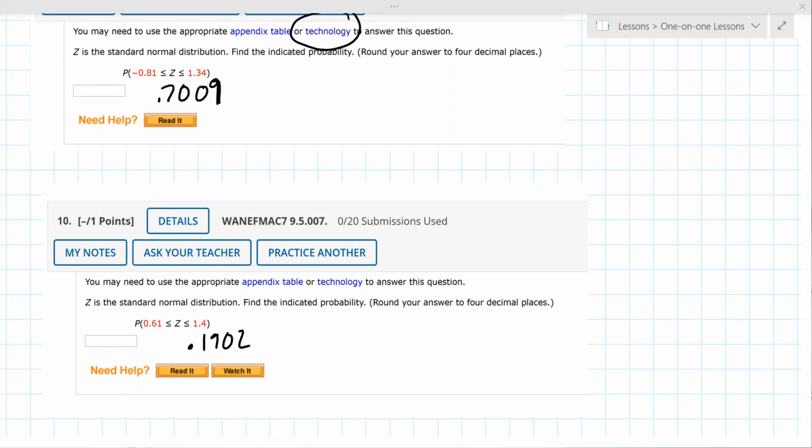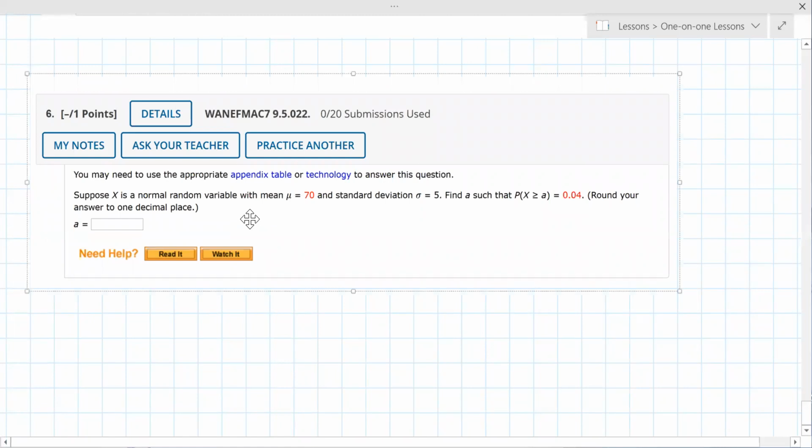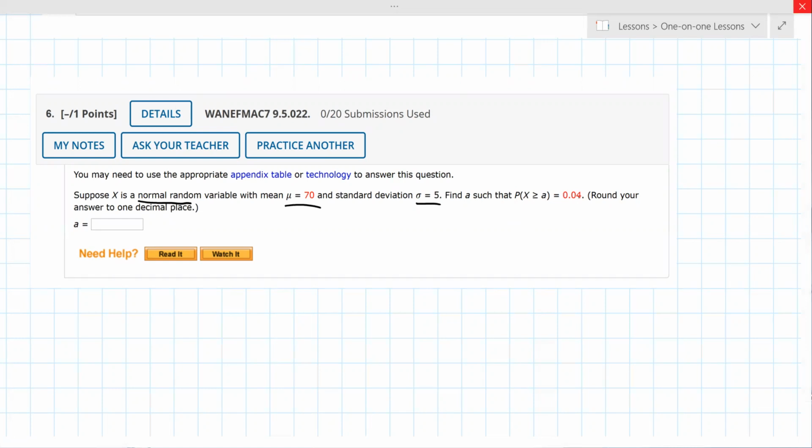Okay, so there's 2 questions that we're going to look at now, and these are going backwards. So these will be a little bit harder to explain, but they're still calculator problems. Suppose X is a normal random variable, mean of 70, standard deviation of 5. Find A such that the probability X greater than or equal to A equals 0.04. So this value in red is the value that we've been getting out of your calculator. You could just randomly guess numbers, and maybe you'd eventually find that, but that's not the right way to do it. Your calculator has an inverse norm,